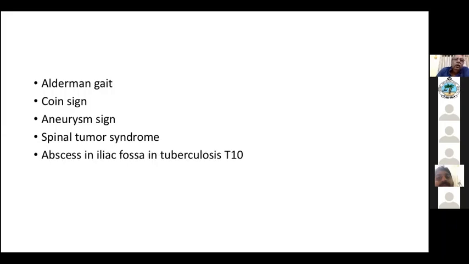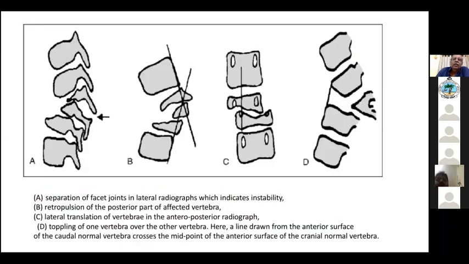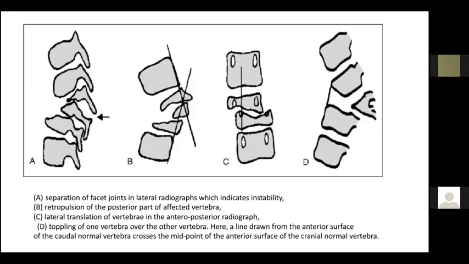Abscess in the iliac fossa, this also we have discussed. This is taken from Rajasekaran's article, and you should read this because it is very often asked. Tuberculosis of the spine is one thing which you should be thorough with, because it can be asked anywhere, either in your OSCE or your case scenario, or even in the viva. So everywhere this is asked, and therefore you should be thorough with that.